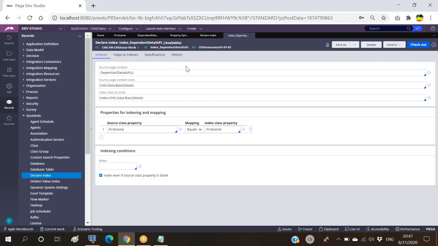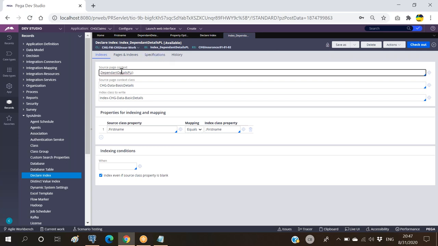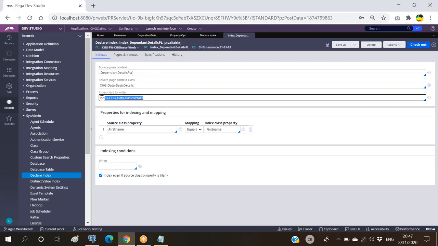Okay. So if I have three page lists, three separate index rules will be created, where each and every page list will be connected to its own index class. That is the reason it will be updating correctly in the table. So this will be an interview question they'll be asking you. If I have three tables optimized, how will PRPC know